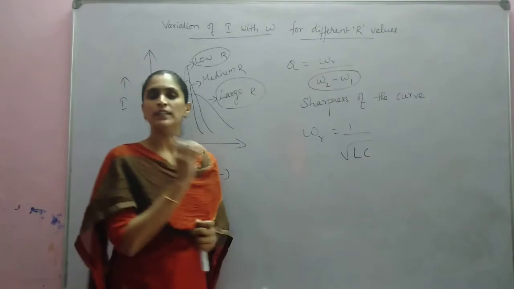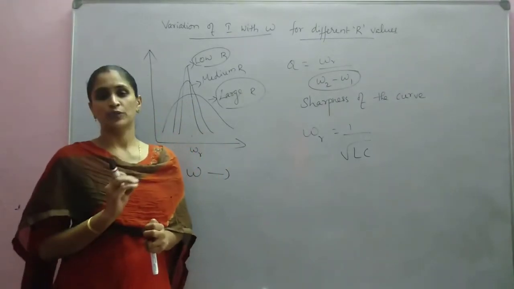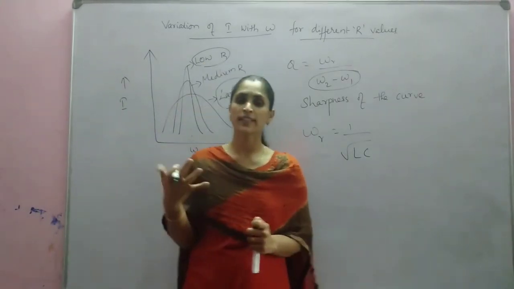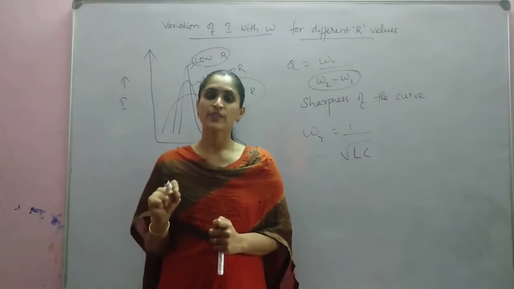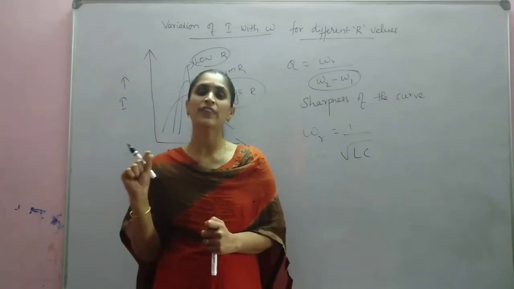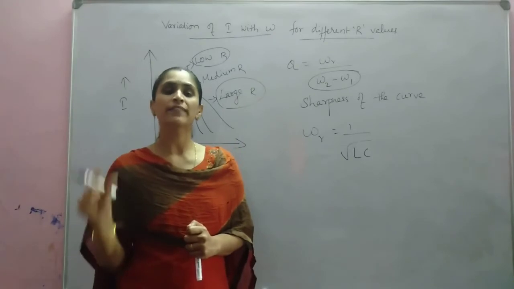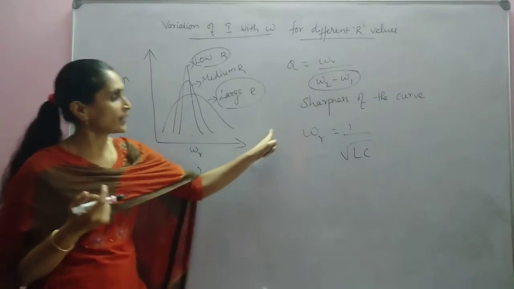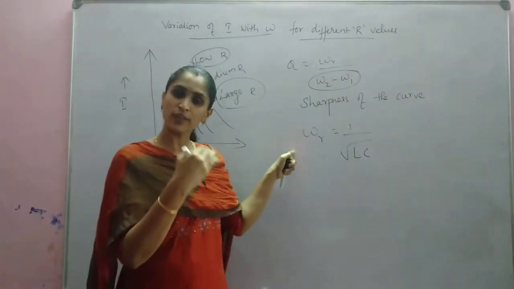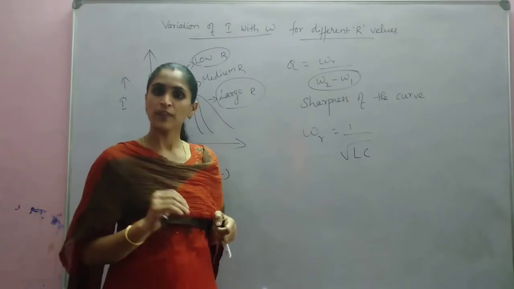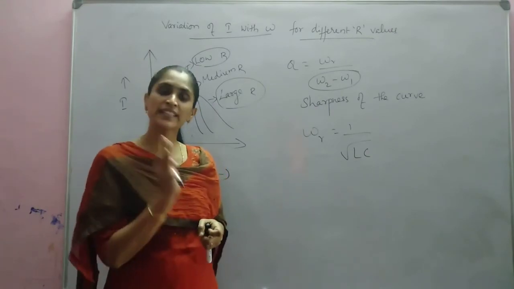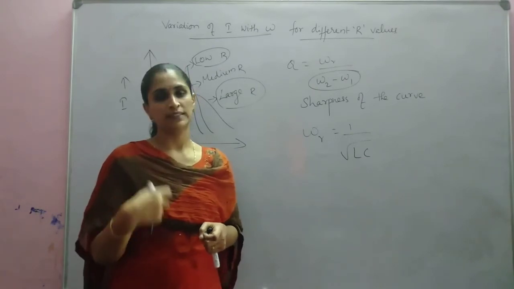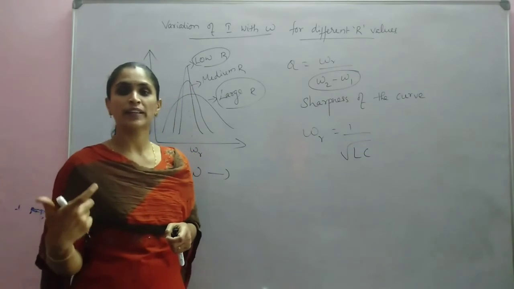It is very simple. When we are tuning a radio, different stations send waves with different frequencies. If you are tuning a particular station, you are adjusting the value of the capacitance to get the peak value of current. Why? Because at that peak, the frequency matches a particular station. If it is matching, maximum current will flow, so that particular station will be available to us. This is what happens when we are tuning a radio.